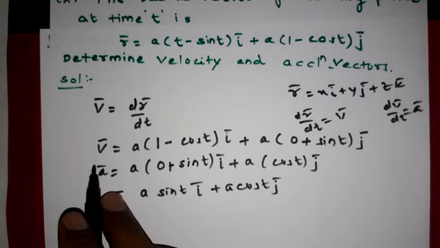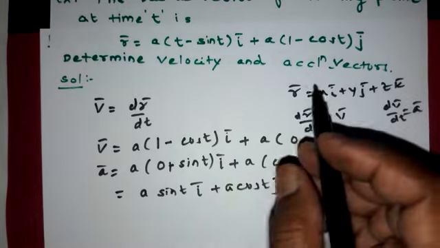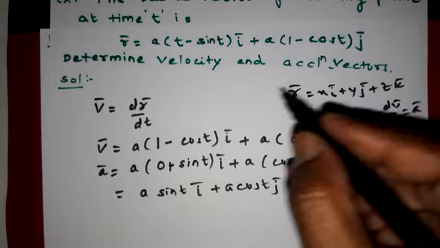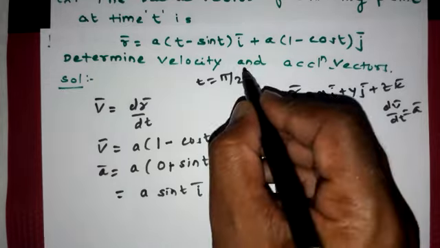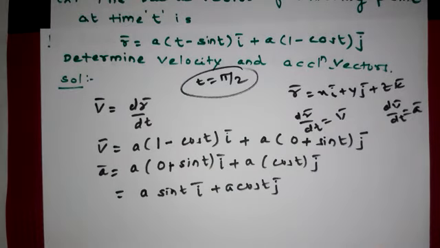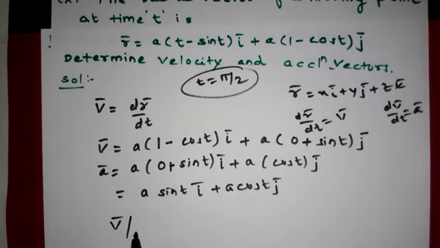Okay, so we get the velocity vector and acceleration vector, but at which point we have to find it is not given here. So suppose it is given in the problem that t equal to pi by 2. We can find the values at t equal to pi by 2, at some certain point. Clearly some point may be given in the problem, here it is not given, so we take the point t equal to pi by 2.